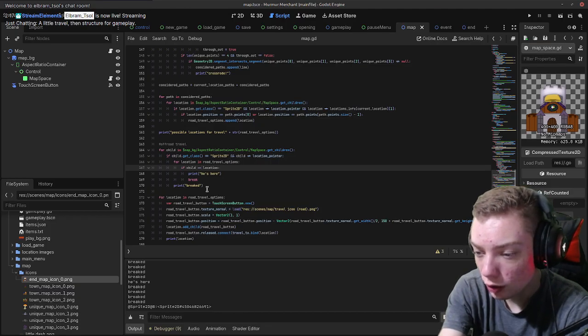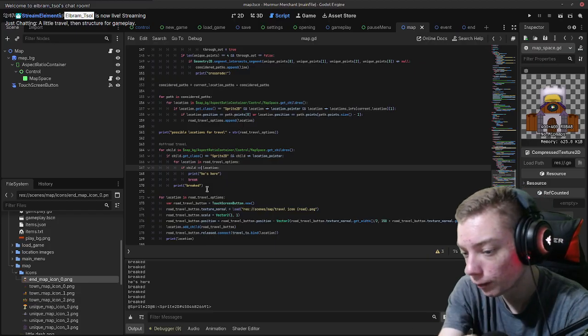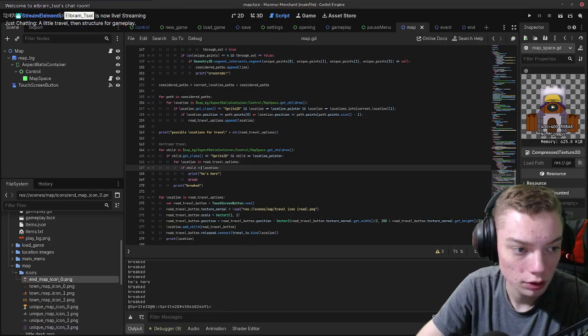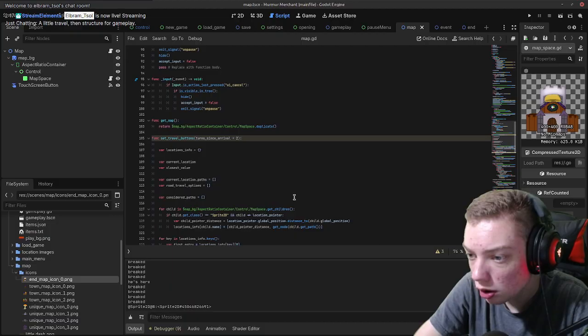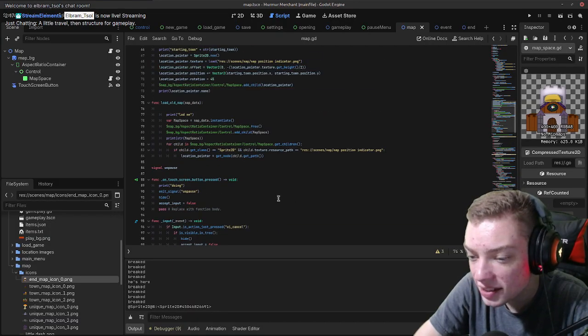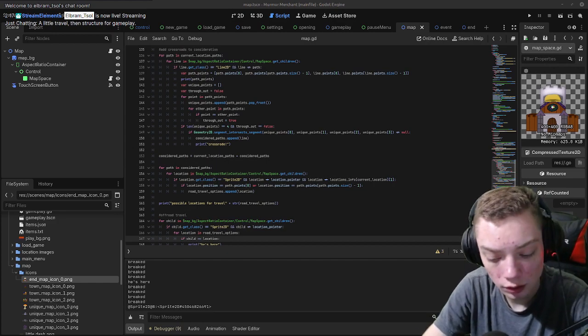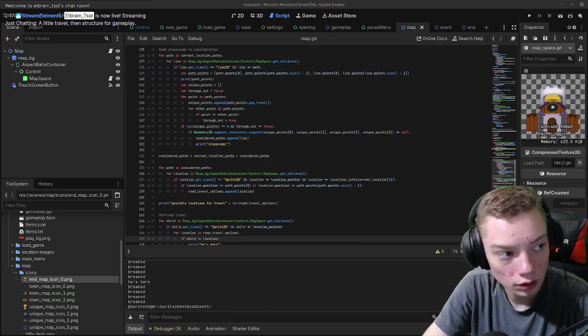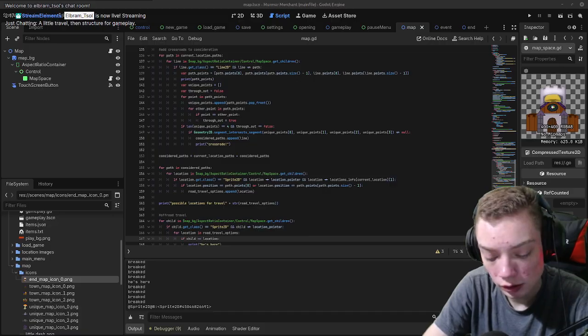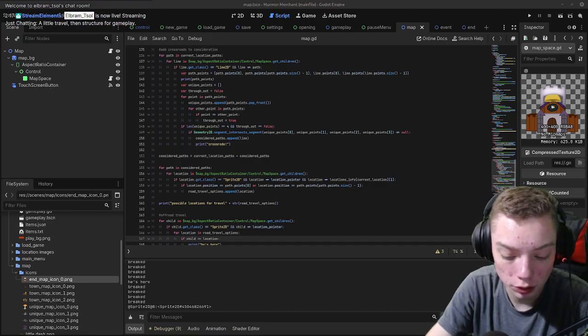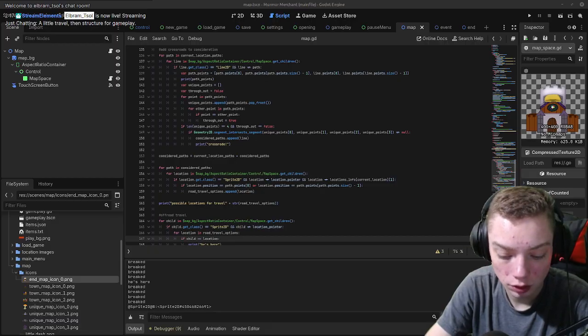Or location in road travel options, if child equals location. Because it's like break, continue, pass. Between break, continue, and pass, and similar keywords